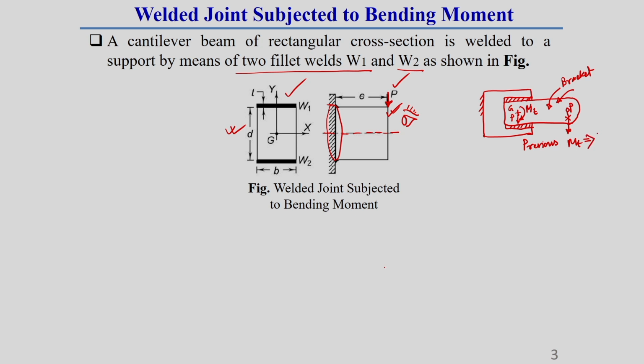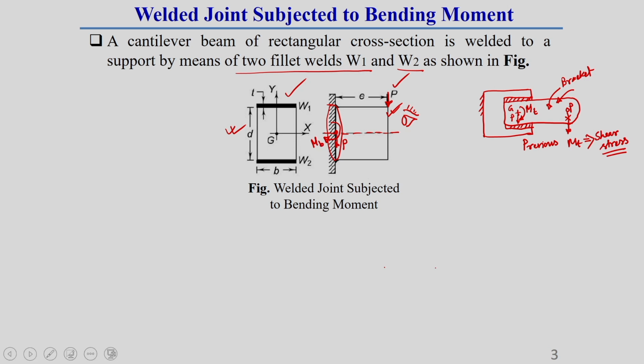So, this was developing a shear stress, but in this case whatever the moment is developing due to transferring this force from P to the center of this plane of weld. Once we transfer this force to the center of this plane, there will develop a new force P and a moment M, or you can say couple M. This moment will bend this beam or bend this welded structure. So, that is why this couple is called bending moment.